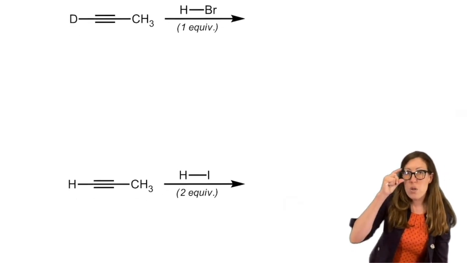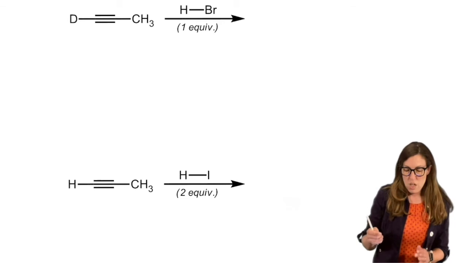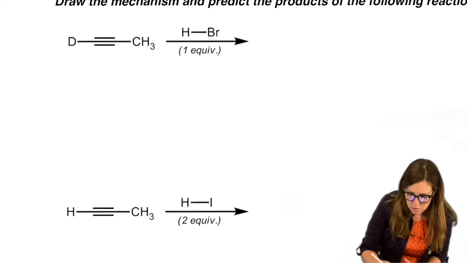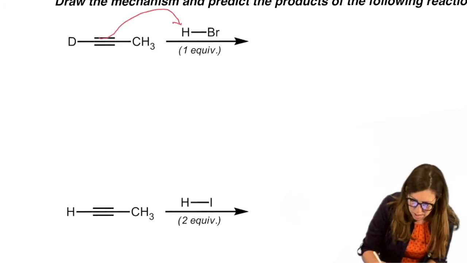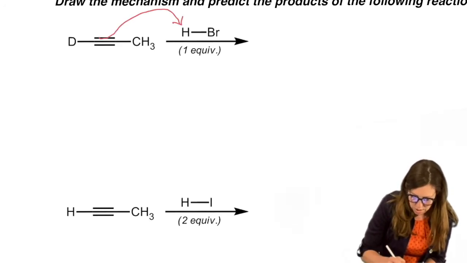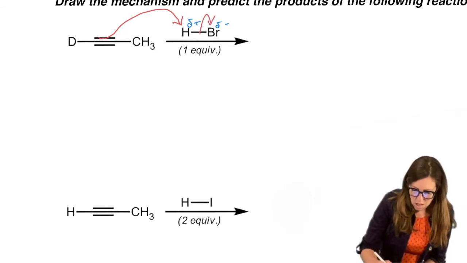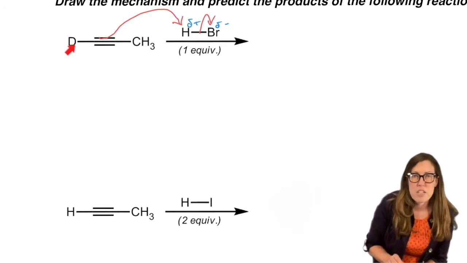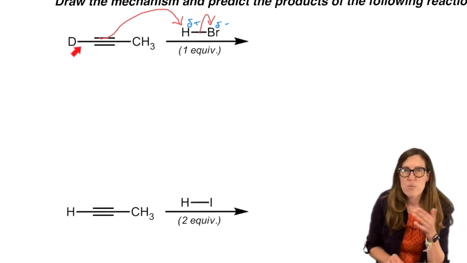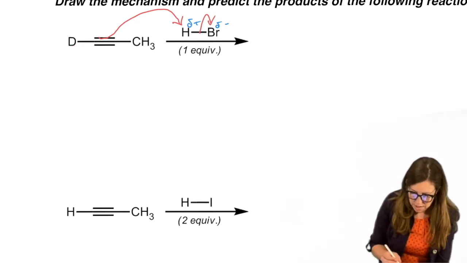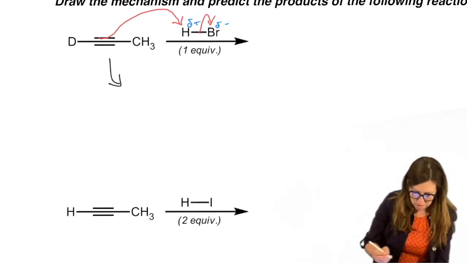So what we're going to do is repeat sort of that idea, only with 2 pi bonds instead of 1. So same concept though. The electron-rich pi bond grabs that H. It's attracted to it owing to this polar bond being delta plus, delta minus, right? Which makes that bond easy to ionize, to give the electrons to bromine to make a bromide. We're starting with a deuterium here, just so that when we add an H, we can tell which one is the new H and which one was there all along. So we're using the heavy isotope of H just so we could track these a little bit easier without having to color code it necessarily.